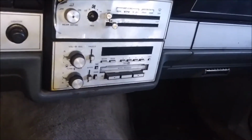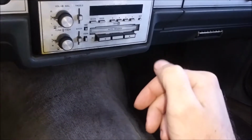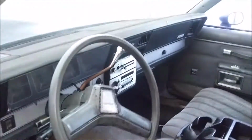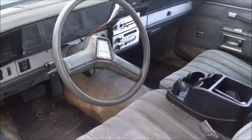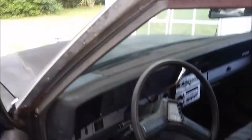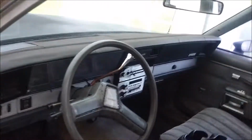I bought one of those cassette to auxiliary adapters, and I plugged my phone into it, and it still doesn't play anything. So that radio is past due. I'm going to have to change that. I'm just not sure how I want to go about doing it. I would like to put a double DIN in here, but I think that's a little too small for a double DIN. So I might have to go with a single DIN